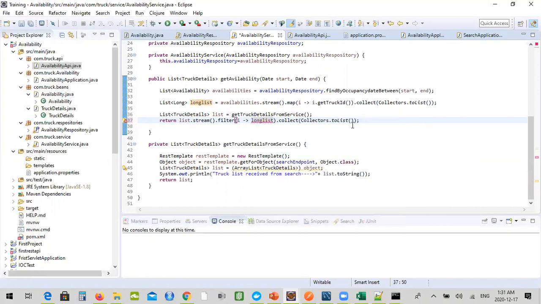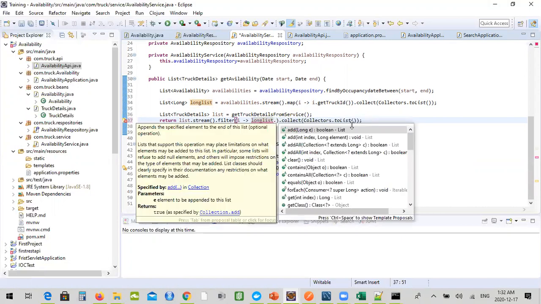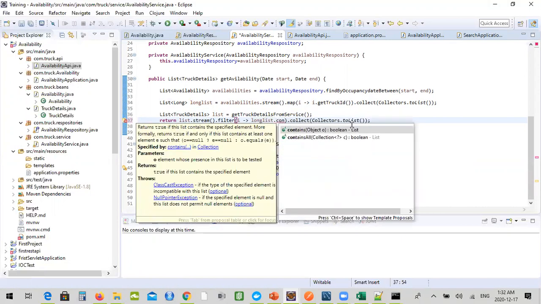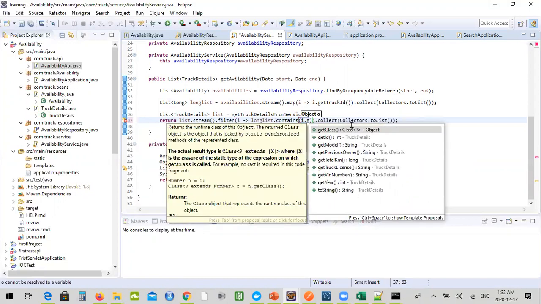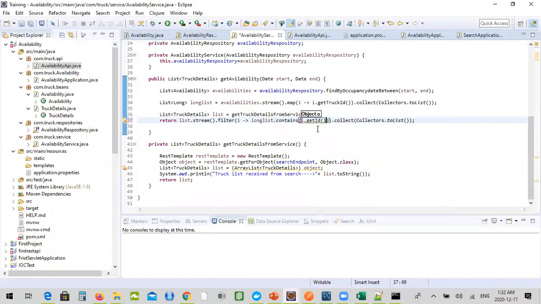Long list. Perfect. Dot contains. That is also perfect. i.getId. Why is the truck ID of type integer? That is a problem, guys. I could not cast it to long, so probably I should have changed it to integer here. Dot map of